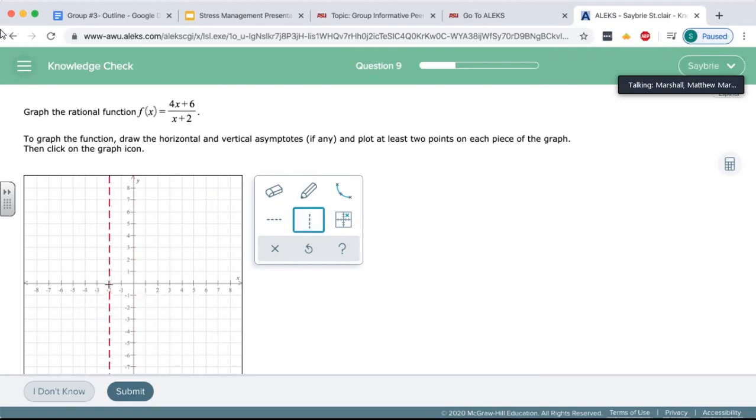And then looks like you have a dotted line going on +4 horizontal. Those are your asymptotes. There you go. And now for points, it looks like you have 1 point for sure on negative